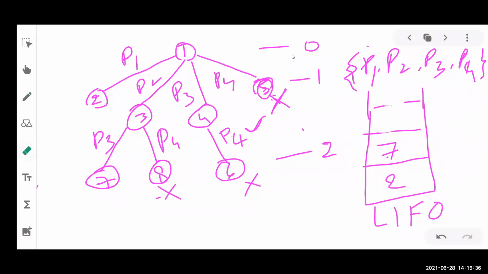Now which element is going to be happened here? So yeah, this could be 7. So 7 in the sense of P1, so this is P2, P3 and then P4. So here it is P4. Okay. So in this way,